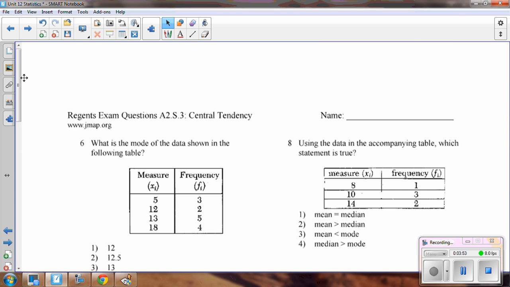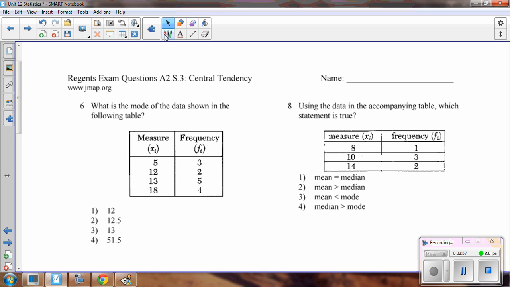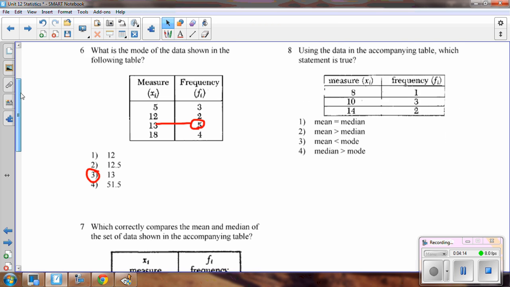Going on to the next page. The mode is the one that occurs the most often. So you look for the highest frequency. In this case, the 5 is related to the 13. So the one with the highest frequency is 13. Okay, so that's how you would handle the mode. Going down further,